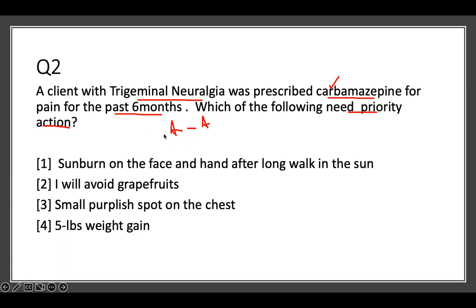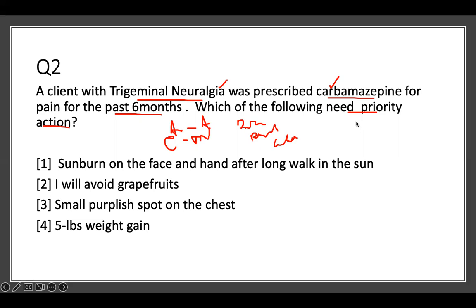Then we read the question. The patient has trigeminal neuralgia, so that's the issue. Our buzzwords are trigeminal neuralgia, patient on carbamazepine. That's all. So your rewrite is the same thing, carbamazepine on trigeminal neuralgia. This mental process will keep you focused and give you content. When you rewrite, use it to answer the question.